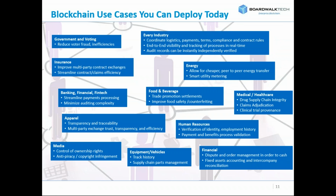And I talked earlier about multi-party use cases where this is information that's being exchanged between your company and another company that you're doing business with. If you take this across all the different industries, we generally like to say that when you look at every industry, there's always issues around payments or terms or compliance or contract rules or logistics in terms of goods or services, whether it be hard goods or project work or anything else. There is always